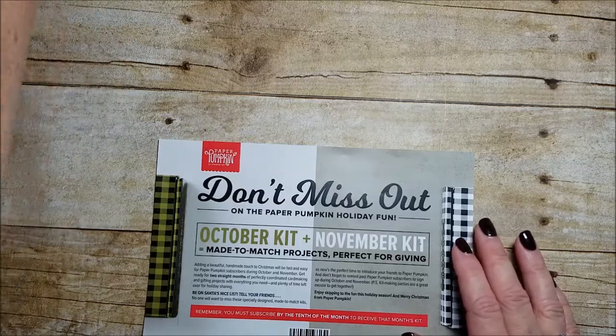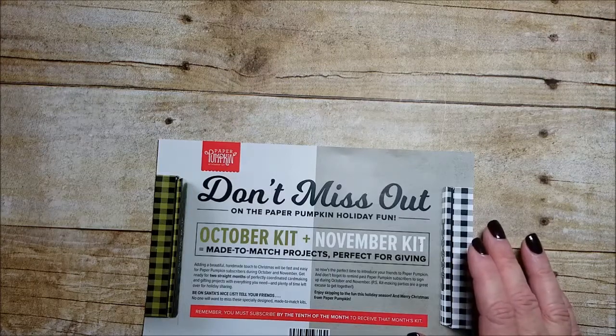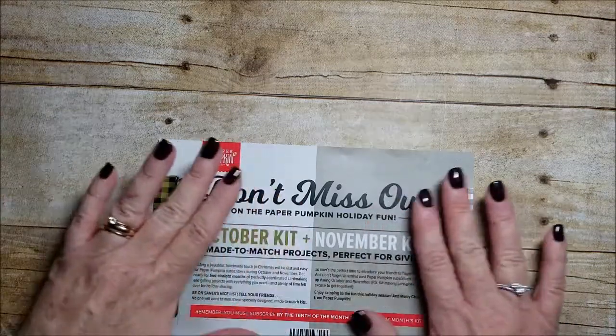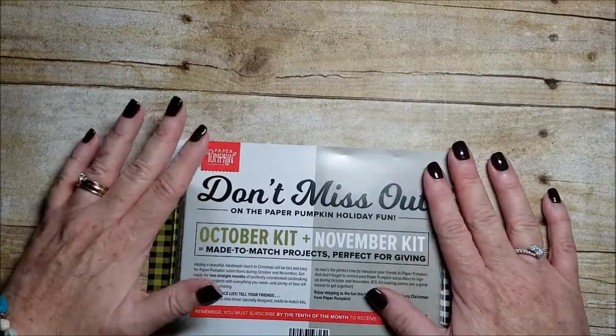Today I would like to show you a couple of alternate projects that I've done with the September 2017 Paper Pumpkin kit. But before I get into it, if you're watching this, hopefully before the 10th of October